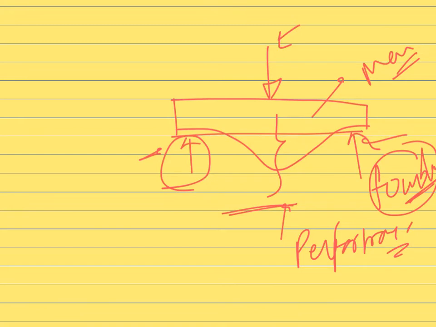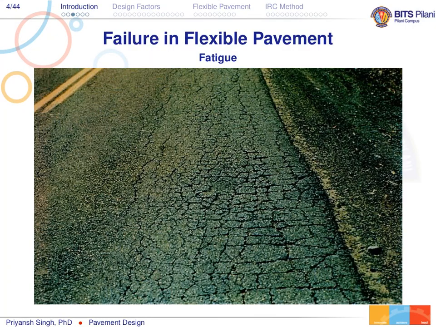Let's see in detail how to measure all these parameters in case of pavement design. The most important thing is defining a performance criteria. In case of a beam, that performance criteria could be the deflection or limiting deflection. So let's see what parameters we can fix to measure the performance in case of flexible pavement. In case of flexible pavement, there are two types of performance criteria which can be taken into account. The first criteria is fatigue.